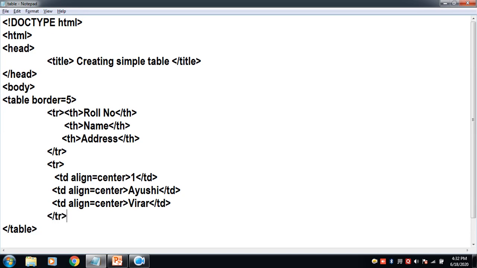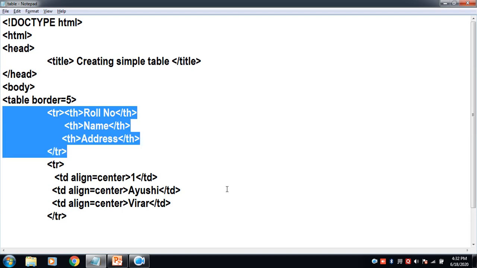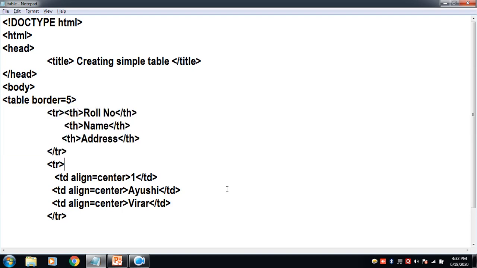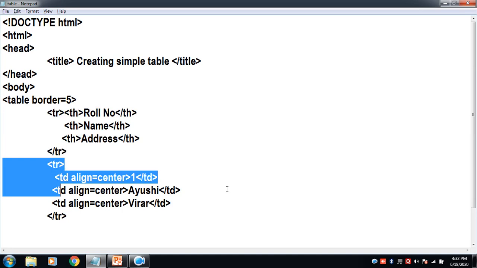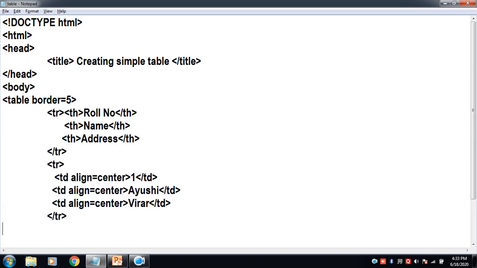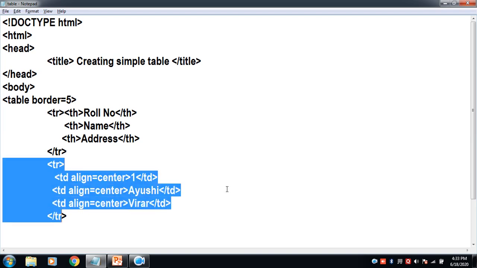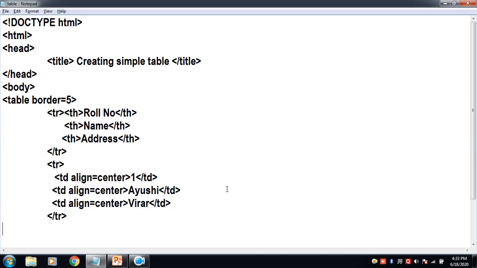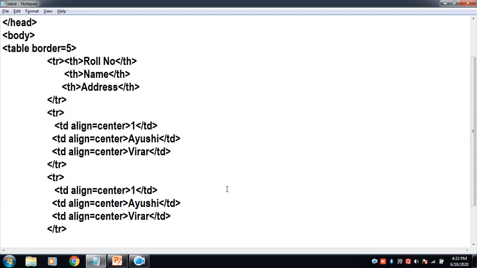So I'll close the TR tag. So till now we have completed 2 rows. The first row contains the heading for the table, and the second row contains the actual student record. Now we'll add 2 more students records over here. So I'll just copy and paste this row below so that we save our time of typing it all over again.